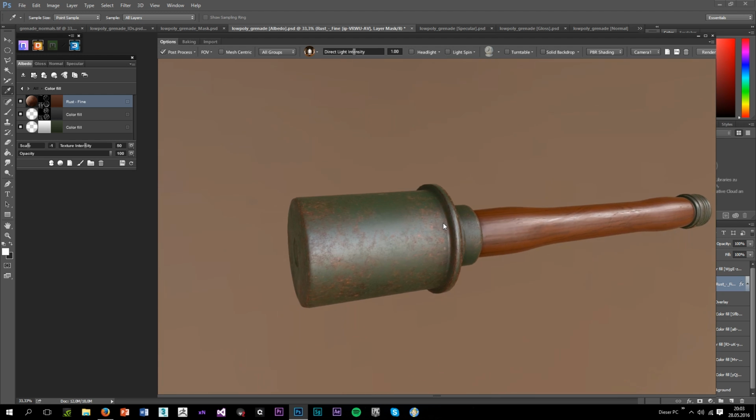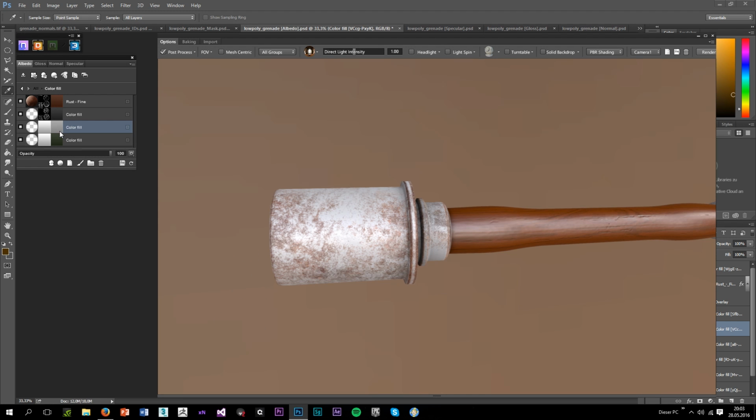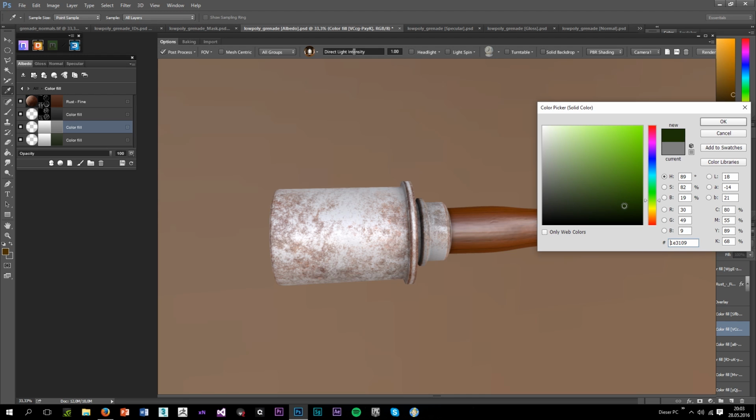I'm gonna work on this one. Like I said, I'm gonna add some bleach pass. So I'm gonna take the green color, just go quite above,